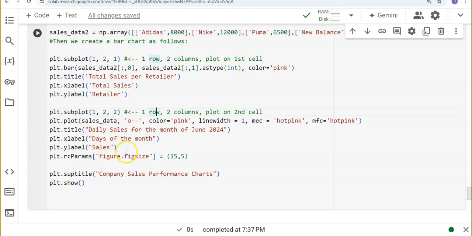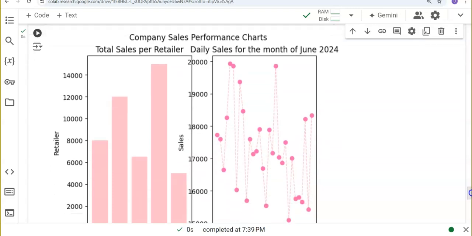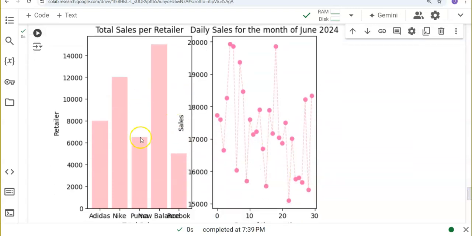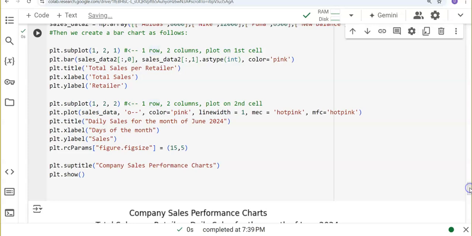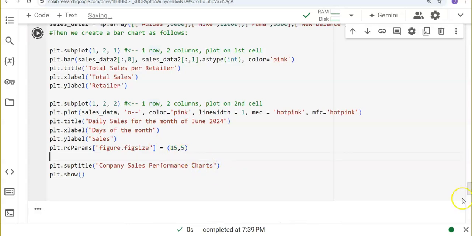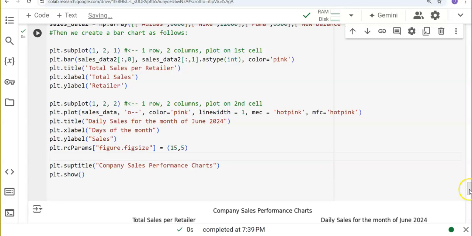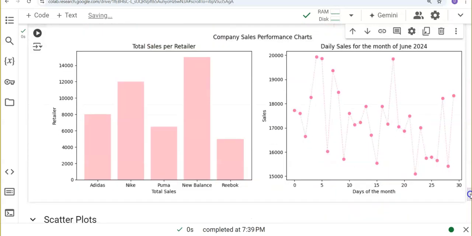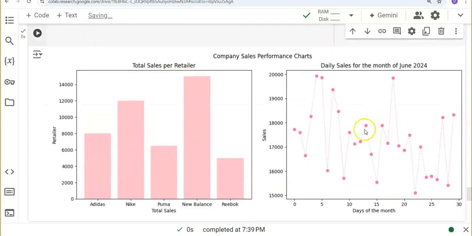So we are specifying something here using cells data. And if we run this one, we are going to have our chart like this. So we have 2 charts, this one and this one. Did we not specify the size good enough? Okay, better. So we have this one and this one, side by side,